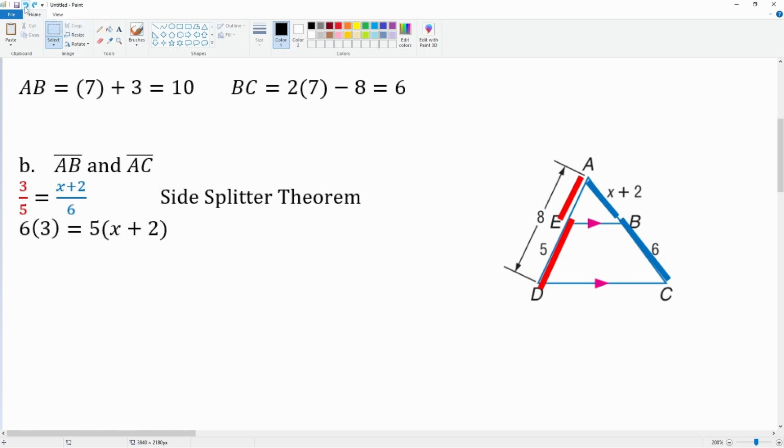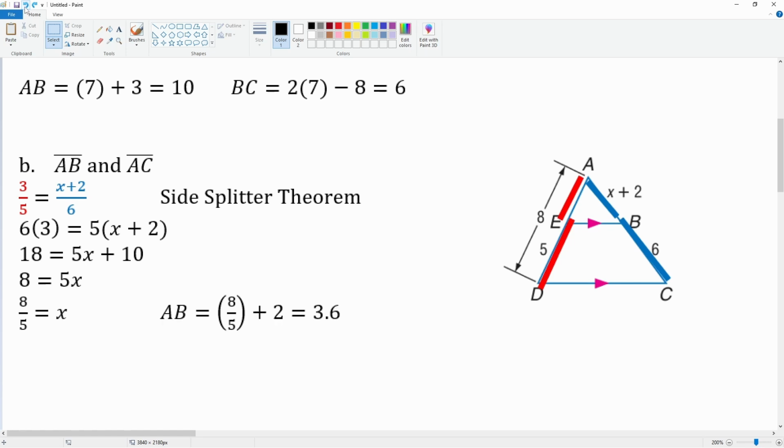3 times 6 and 5 times x plus 2. Distribute: 18 is equal to 5x plus 10. Solve, so minus 10 from both sides, then divide by 5. You get x is equal to 8 over 5. You can still plug it in here, right? Use your calculator or know that this is 1.6. So 1.6 plus 2 is 3.6 for AB, and BC is